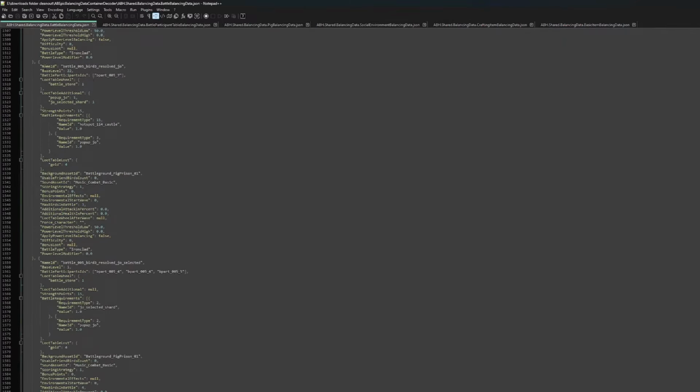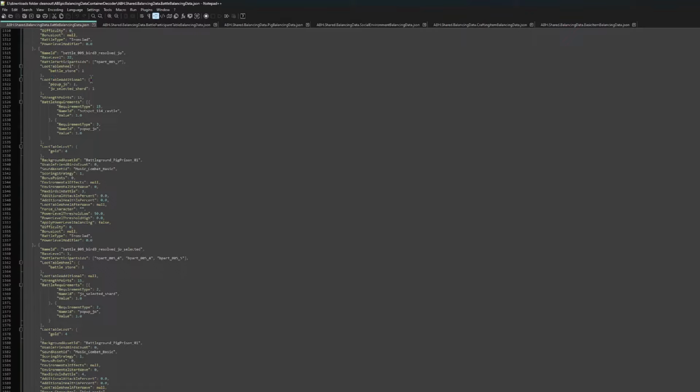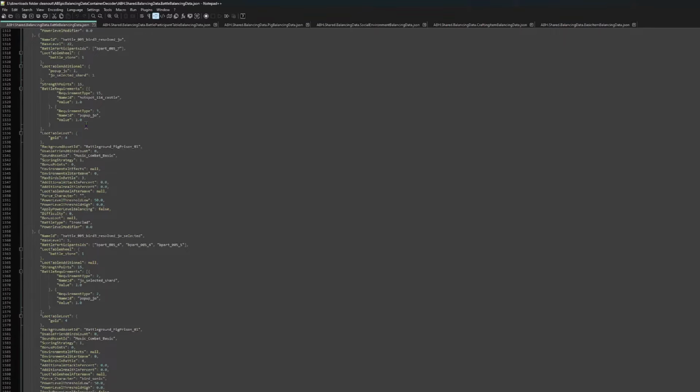But here is the main battle, so this is the variant for unlocking Joe. When you complete the battle, you get the selected shard and also the pop-up. And then here, with the battle requirements, I've made it so that you cannot play this variant until you have beaten Wizpig's castle, and